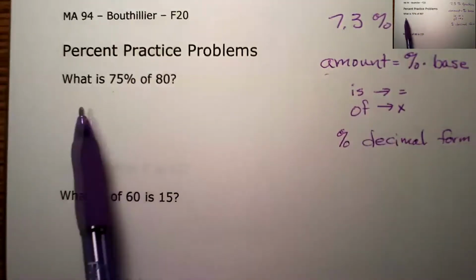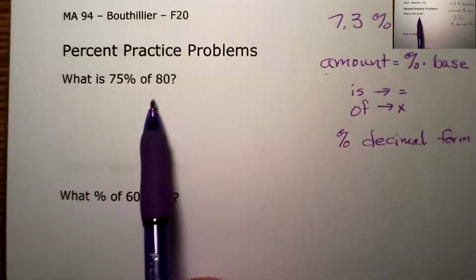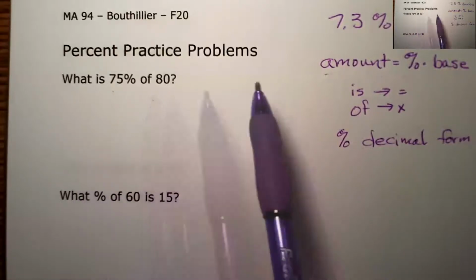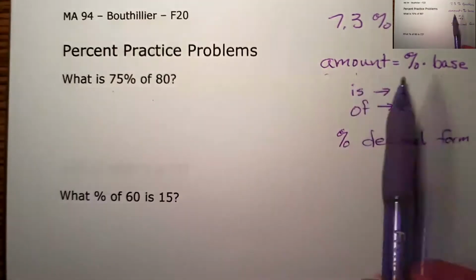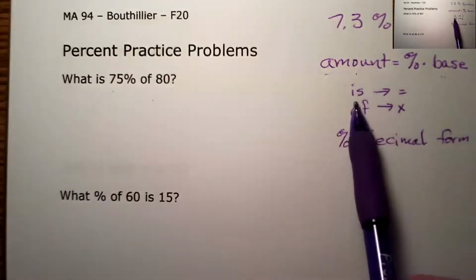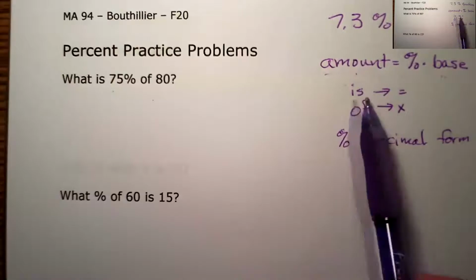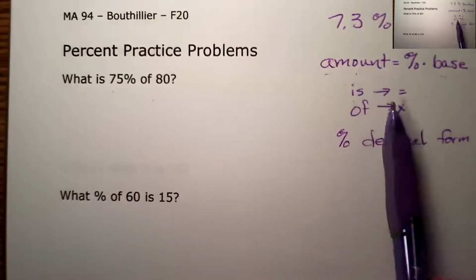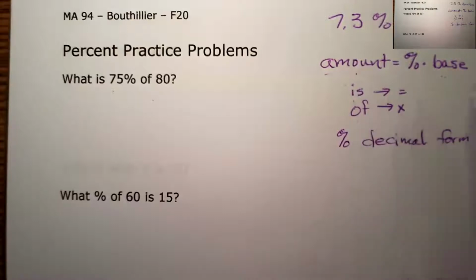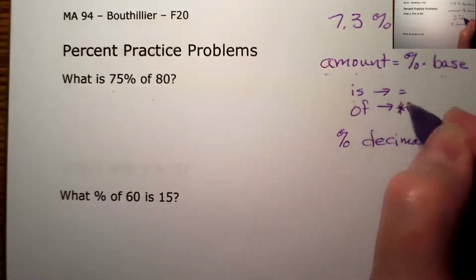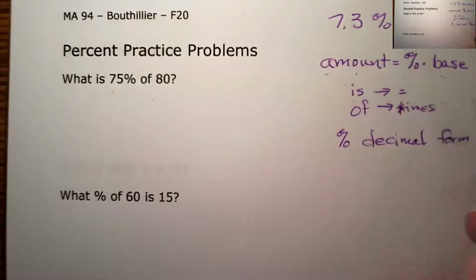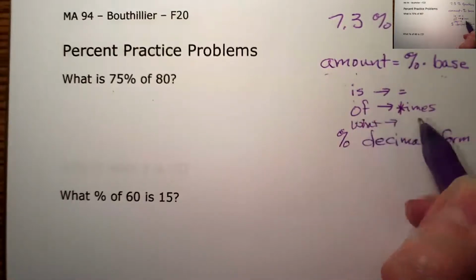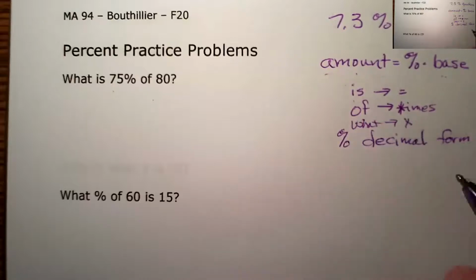When you're working with word problems like these, it's just a standard problem, not an application problem. It's laid out pretty clearly, so it's easy to figure out which is the amount and which is the base and how to set it up. Basically, wherever the "is" is, you're going to put an equal sign, because "is" means equals. "Of" means times, that's not an X. That's times. And then the "what" is always going to be where you put the X.